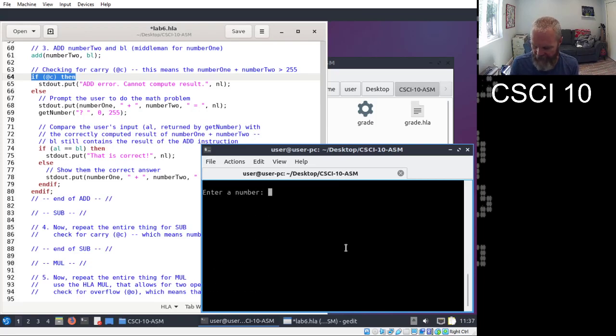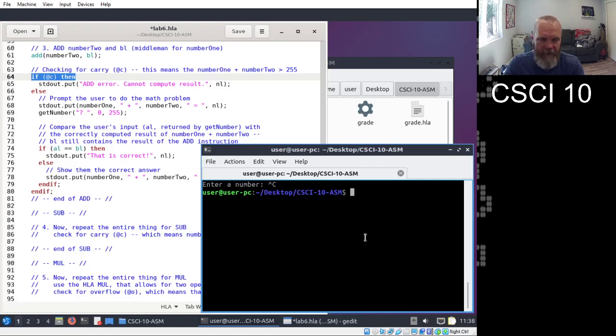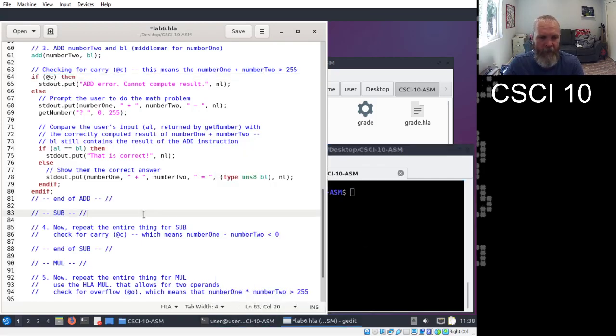I'll do another. I'll just say, like, what if I try 255 and 255? That's ridiculously too big. So in theory, that should still say, cannot compute results. So that's the idea. And so kind of once you get it implemented, your challenge is to see what kinds of values you can punch in and what happens in the program. If, by the way, you're working along with me, you're stuck now because there's no way for the loop to break, so just use Control C, which you can kind of see on my screen there to kill the program off. So that's the challenge here.